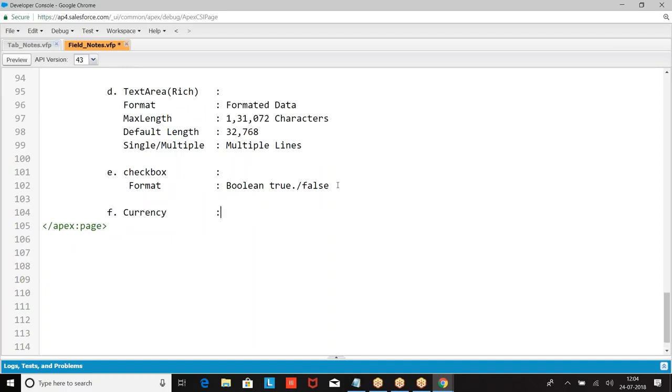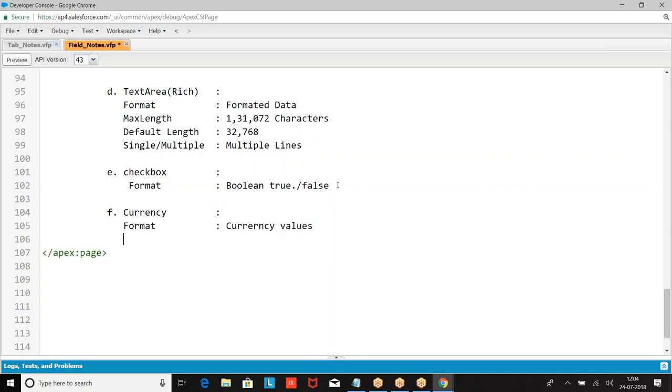Then we have currency. What is the currency? If you want to store any value, because you told default organization currency, right? Rupees. If you want to show the rupees in dollars, I should know it is a currency field. So if you want to store any currency value, we'll go with the currency. What is the format? Currency format.